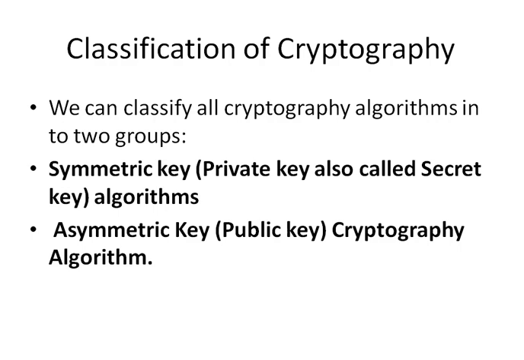So what is symmetric key? Symmetric key is also called as private key and also called as secret key algorithm, and asymmetric key is called public key cryptographic algorithms. Now let us understand it in detail. First we will study what is symmetric key. Symmetric meaning same, right? So sender and receiver are using same keys for encryption and decryption. That is the simple meaning of a symmetric key.